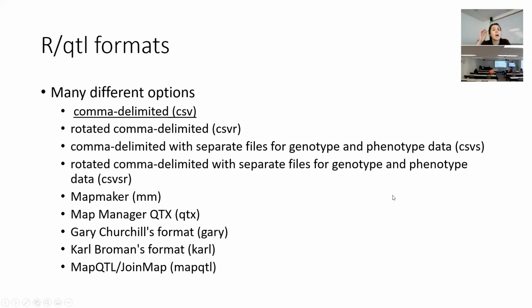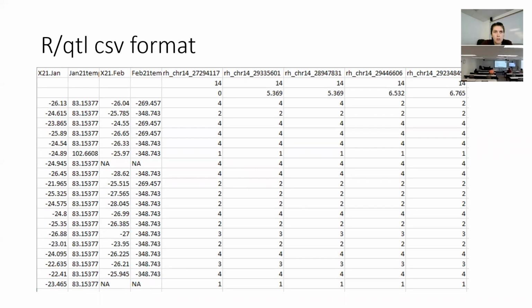Okay, so last week we covered some details regarding the QTL formats for how to use the map data and genotype data to put it into this program. And I talked about how the format that I've been using is the comma delimited, and that's how it will come formatted out of our script that I have. So this was the example of what that